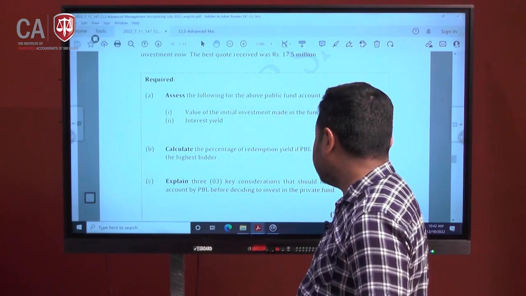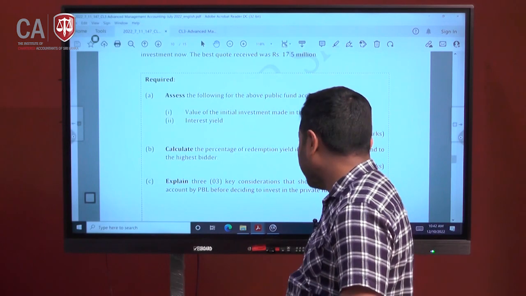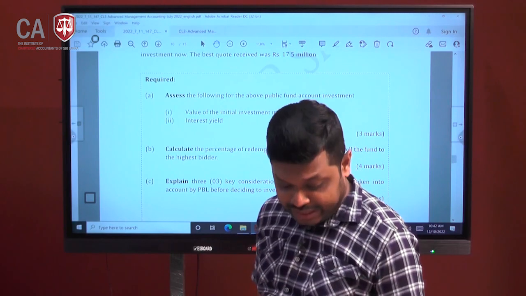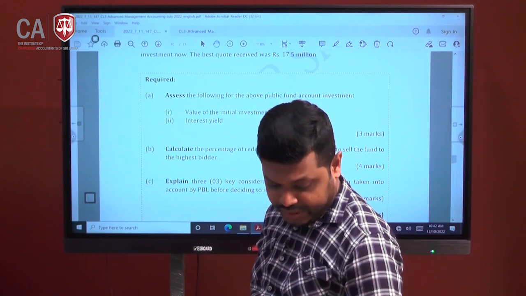Third, explain 3 considerations that should have been taken into account by BPL before deciding to invest in a private fund. Right. Okay. First, we will look at,